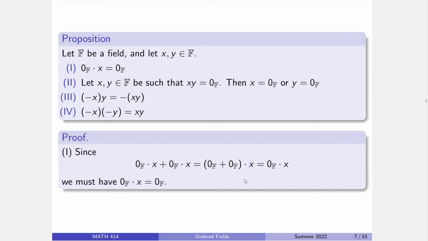Alright, beautiful. So next up in a field, we'll prove that if you've got a product equaling 0, then one of the things needs to equal 0. Which, again, as I've already briefly mentioned, is not something matrices do, because this is basically saying that division by 0 is not a possibility. Because if you have a product of 0, the only things that could have worked were